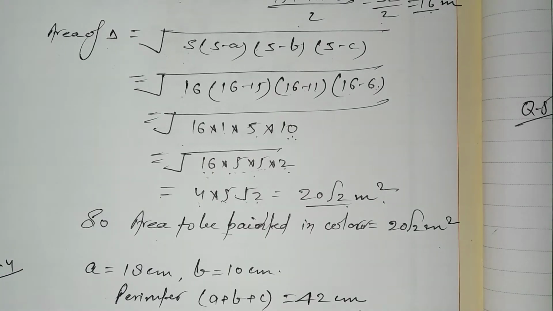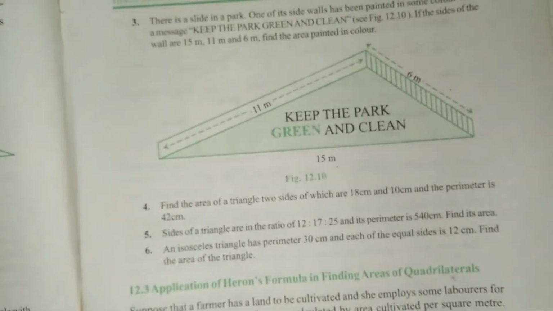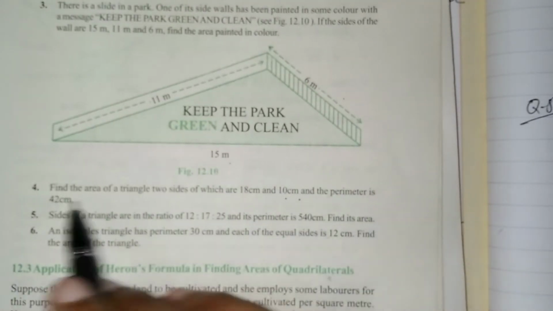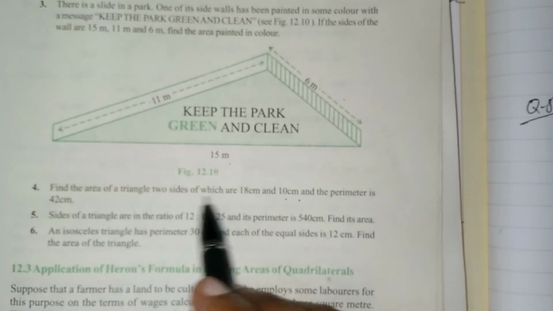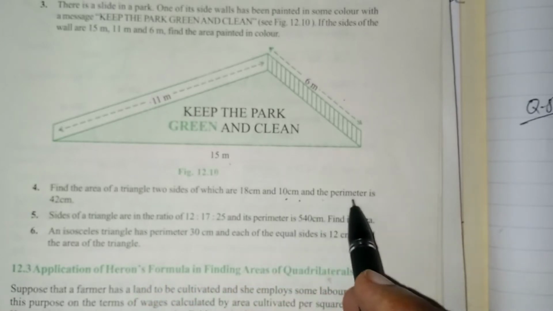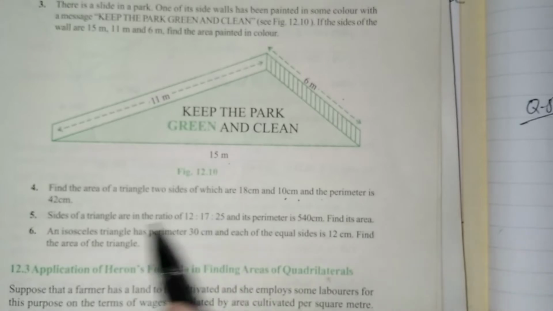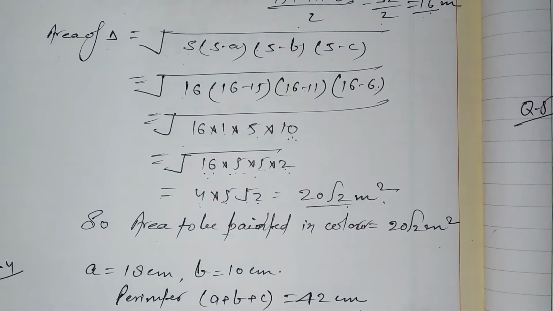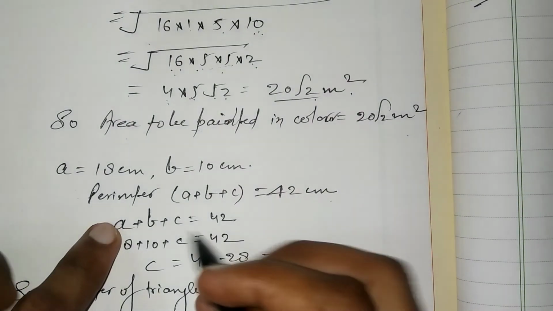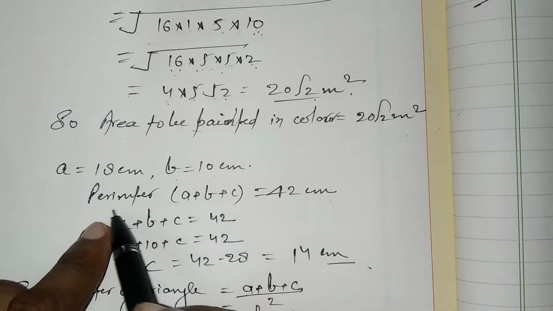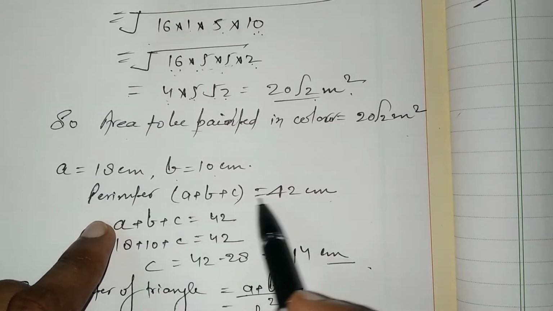Question number 4 is, find the area of a triangle, two sides of which are 18 centimeter and 10 centimeter and the perimeter is 42 centimeter. Here also we have to find the area of the triangle. We are given two sides, the third side we have to find with the help of the perimeter given in the question. Two sides a and b are given. Find the perimeter. What is the perimeter? a plus b plus c equals